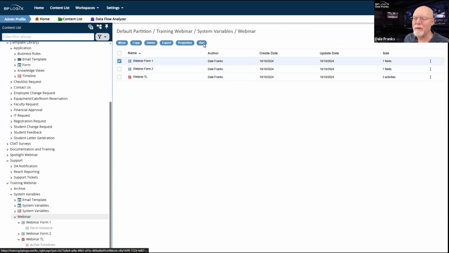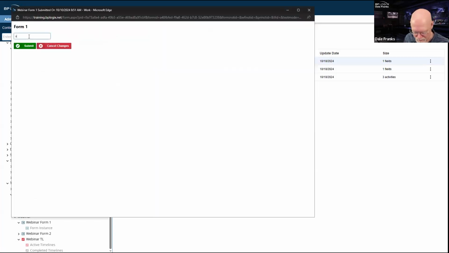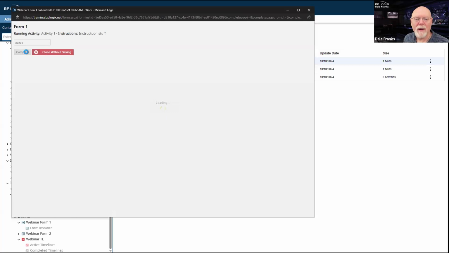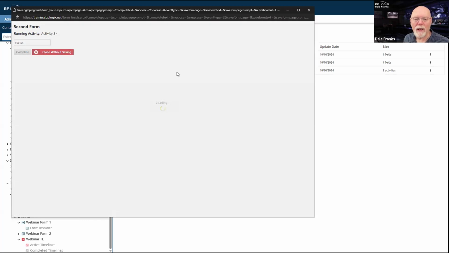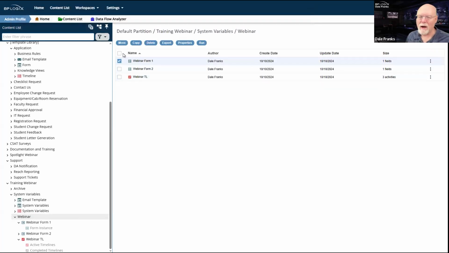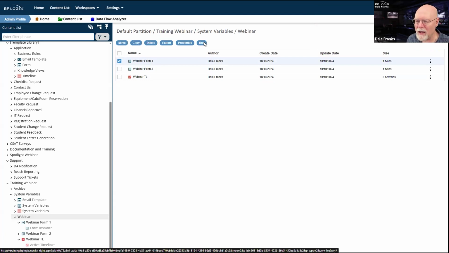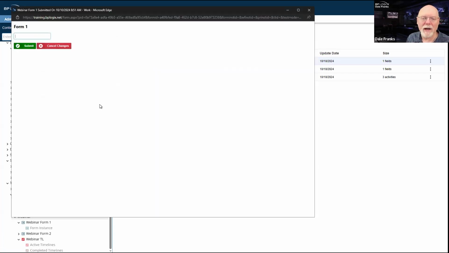So you're going to have to forgive me. But we need to have several different form instances to run so that we can see how we're going to use the system variable inside a knowledge view.